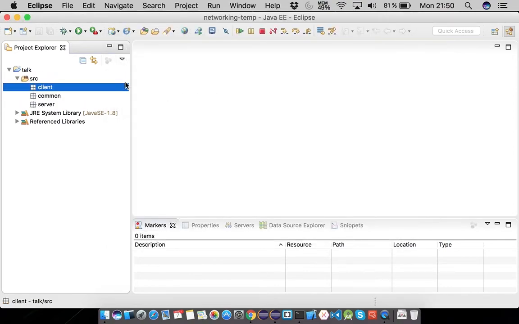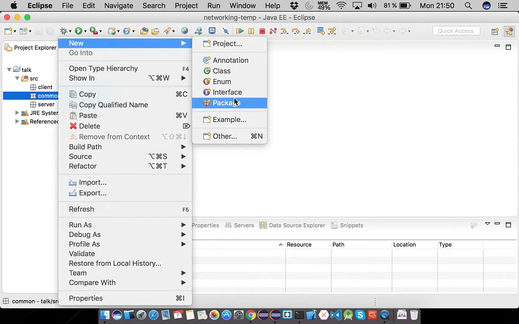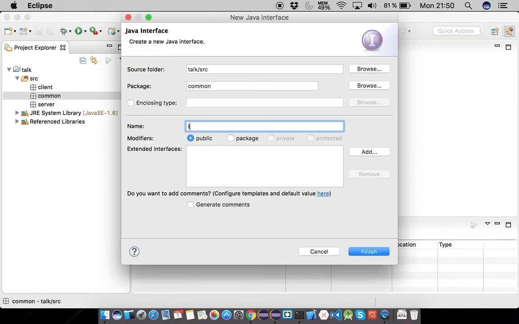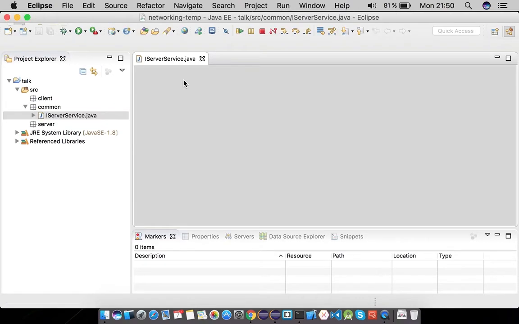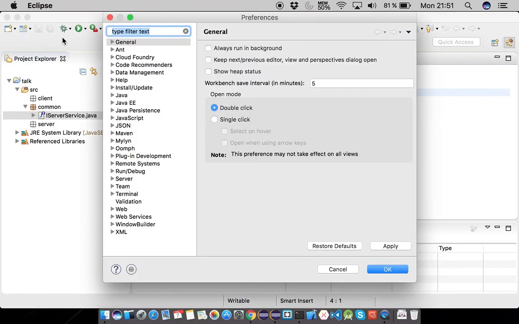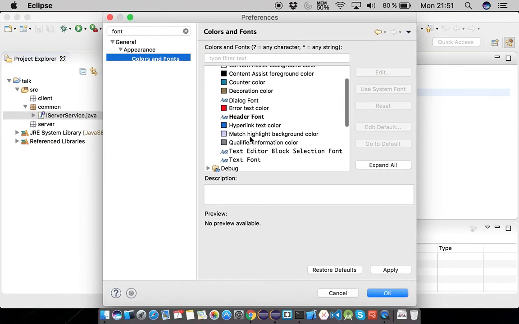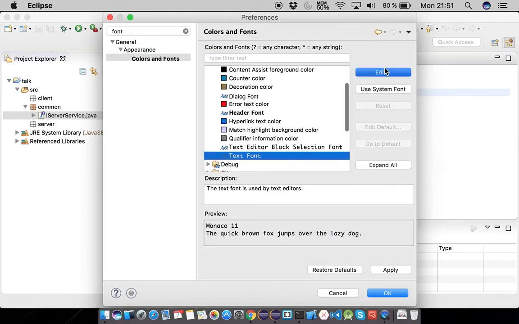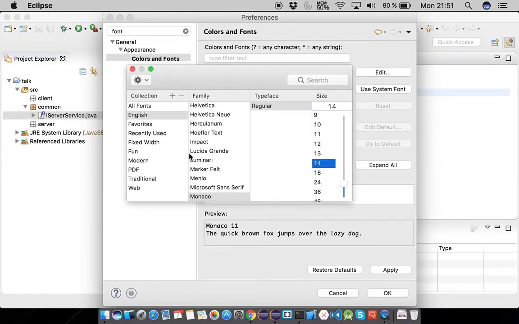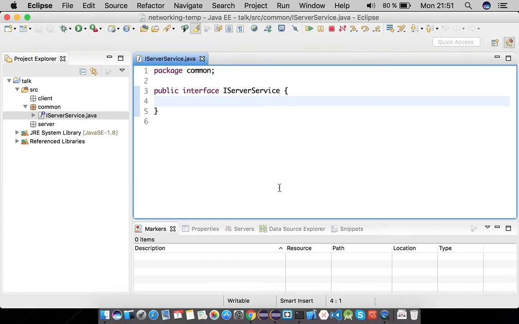We'll start by defining the contract of the services. So let's create an interface. I will call it iServer service. And I need a way, let me just adjust the font for you so you can see it better. So sorry for having to do that while recording. Nevertheless, I think 14 should be okay, or even 16. Anyway, I think 14 is fine. Okay, so